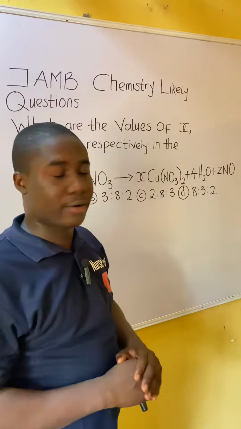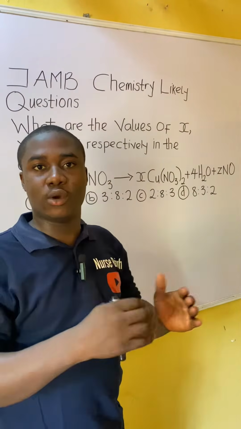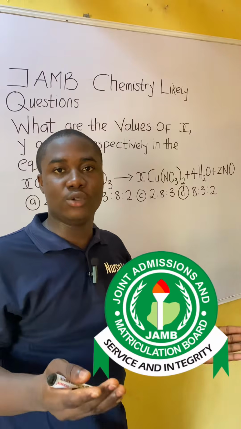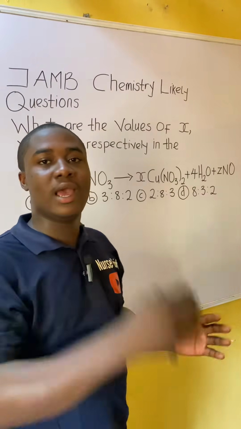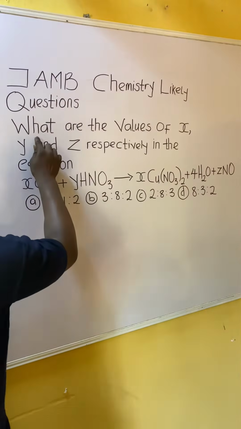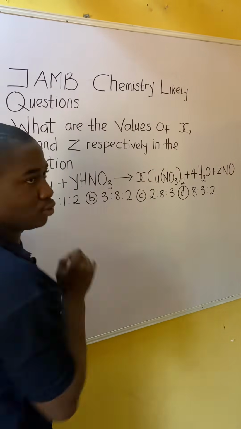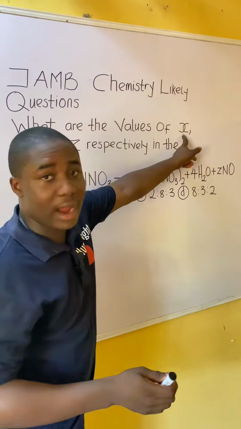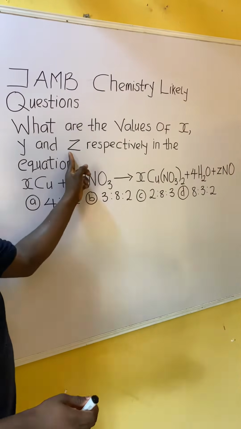Let's say you came across this question in your JAMB exam. How will you solve it? It is very easy. Now let's solve it together. The question says, what are the values of x, y, and z